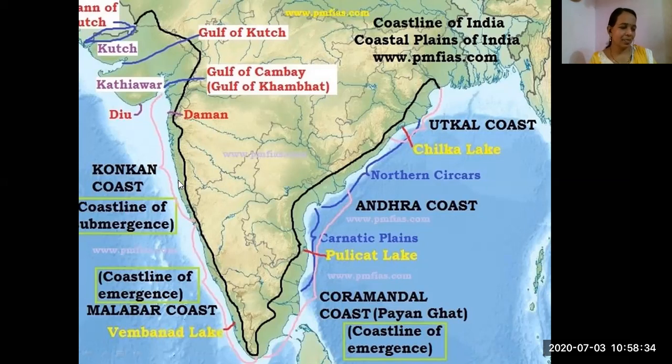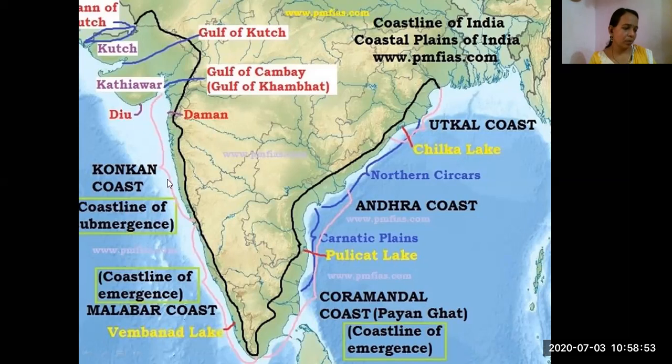Sandwiched between the Western Ghats and the Arabian Sea, it consists of three sections. The western coast is divided into three sections. First one,